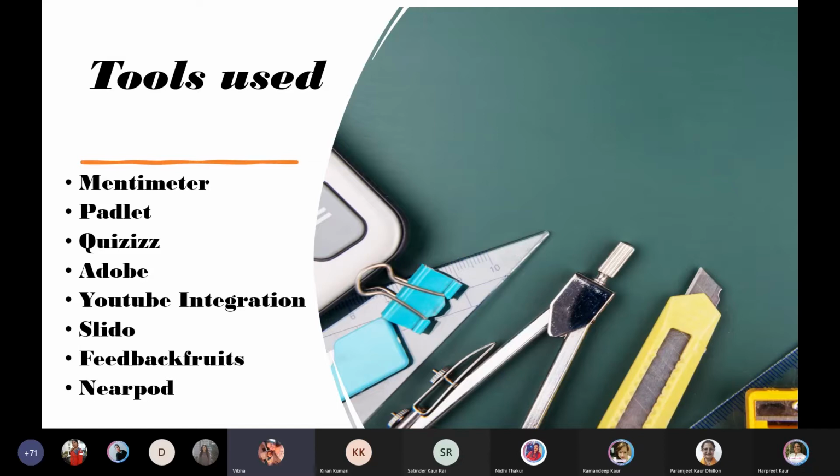The tools which we have used are Mentimeter, Padlet, Quizzes, Adobe, YouTube integration, Slido, Feedback Fruit, Nearpod, and almost all the teachers have used these tools in their classes, and I have some anecdotes of those